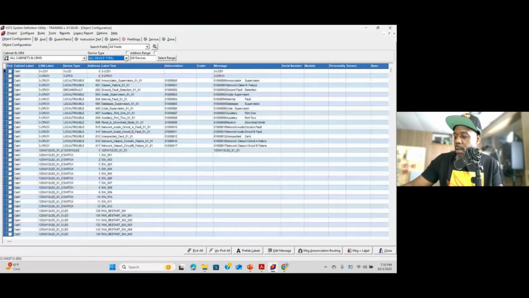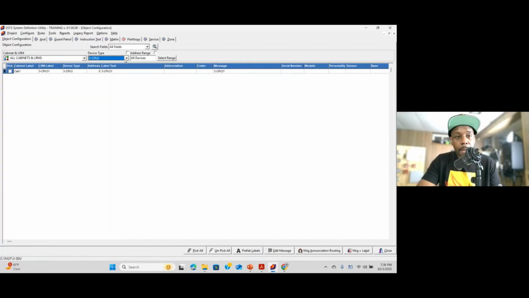Especially if you're working on a big system, I don't like going back and forth. So I usually will go through this and write down the things that I need to write down. Like, let me show you. Audio 1, we know we're going to have to turn that on. So I want to write down exactly this message, this label text, exactly how it is, because when I get to the rules, I don't want to be coming back and forth from the rule sheet over to the objects label.